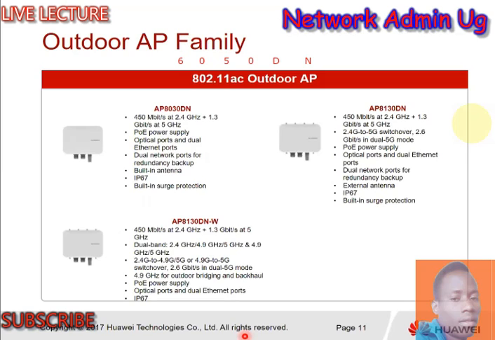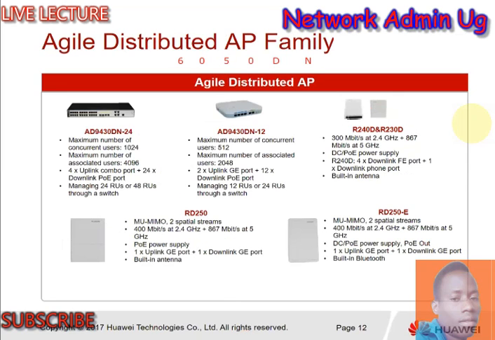So those are some of the categories of these access points, both for outdoor and indoor. The specifications are just there. But we have another family which we call the agile distributed access points. This one gives you very good experiences in case you need to connect very many devices, but also having different capabilities. For example, if you look at the 9430 access point,